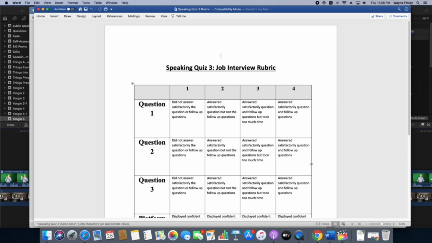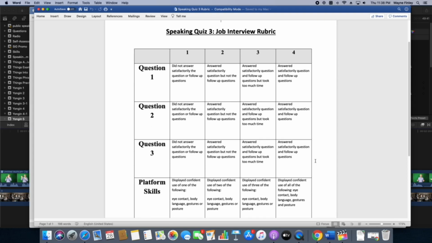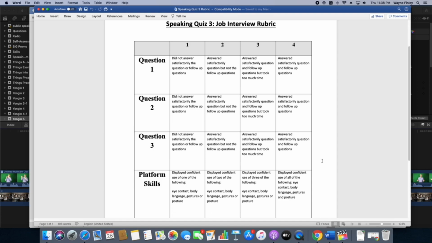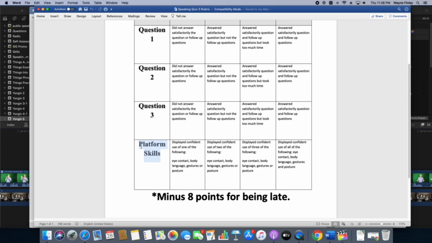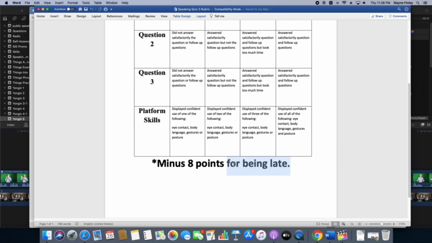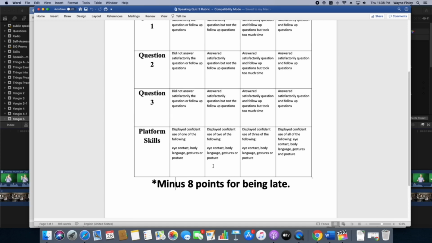I usually teach some job interview skills in all of my conversation classes because I know that they're very useful skills, and usually the students I have at this university, I only teach them one time. So if I don't teach them now, I never get to teach these skills, and these skills can really be a valuable asset when they graduate. I suppose what I add here is a bit like public speaking. Platform skills, eye contact, body language, gestures, posture. And because it's a job interview, I also take away points if they are late, because I know in a real job interview, if you are late, even by 1 second, you're in big trouble.